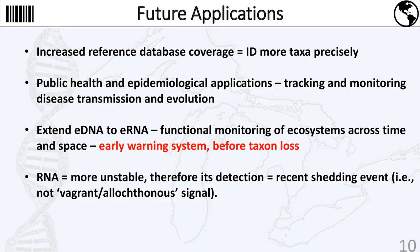The future of metabarcoding is bright as reference sequence databases become more complete, allowing increasingly more precise determinations of community composition and species richness. Further applications include the assessment of environmental samples for the presence of pathogen strains in epidemiological surveys and in applications to public health monitoring. Real-time or hugely expedited monitoring would severely reduce the time that expires between initial pathogen detection and the deployment of any mitigation or